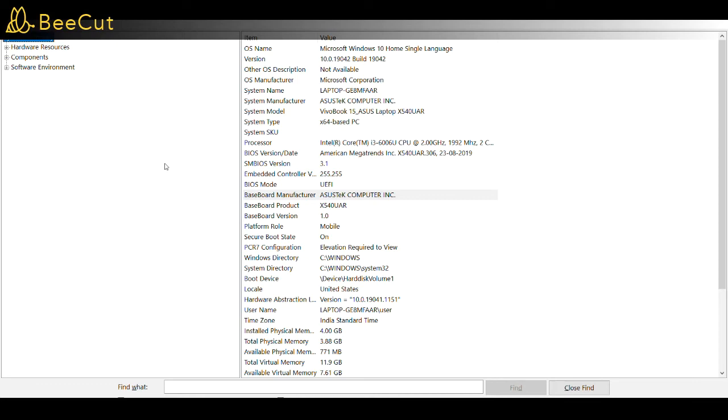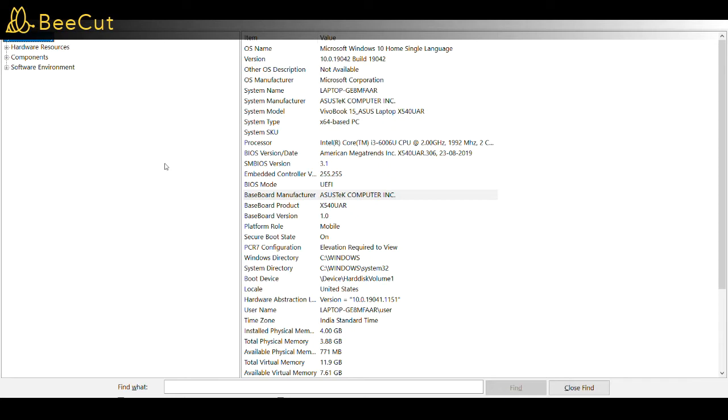Information and how to check the system model of your laptop. So one of the methods that you can use is to find your system model and BIOS version and date. You may need to update your BIOS version. For that you may need to know which BIOS version is currently installed in your computer, and you may also need the system model name. Our system is ASUS, using a Vivobook 15 laptop